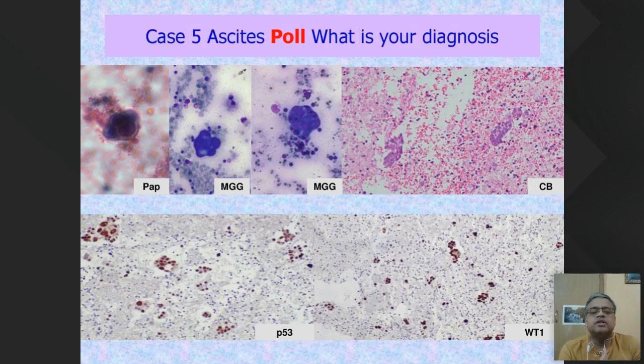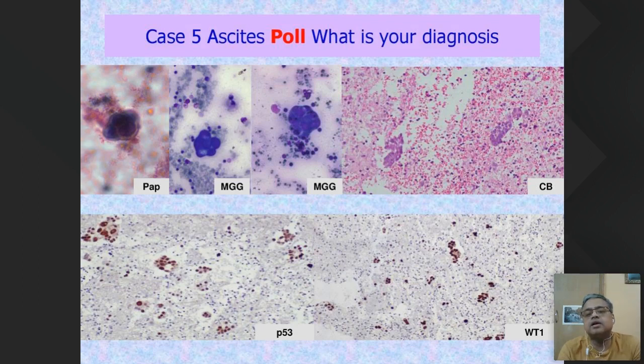In the previous case also, probably an inconclusive would have been a correct response, because those morulae can indicate mesothelioma sometimes. So a lot of people have made it ovarian adenocarcinoma. Brilliant, you people are so fast. 92% make it ovarian adenocarcinoma, and the reason for that is because we did the cell block.